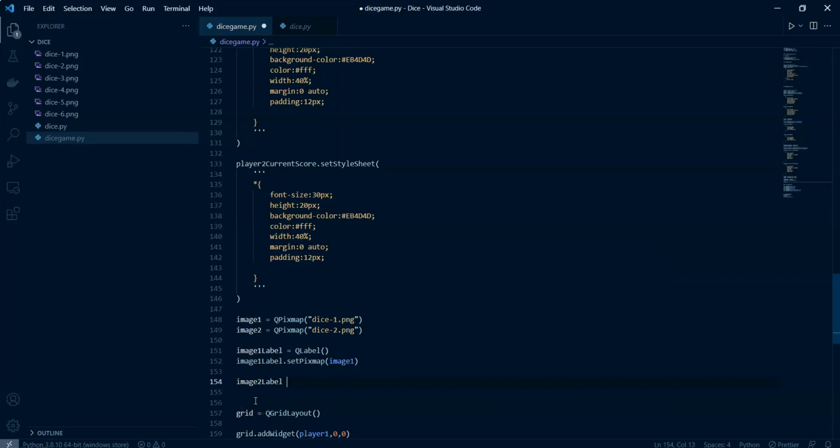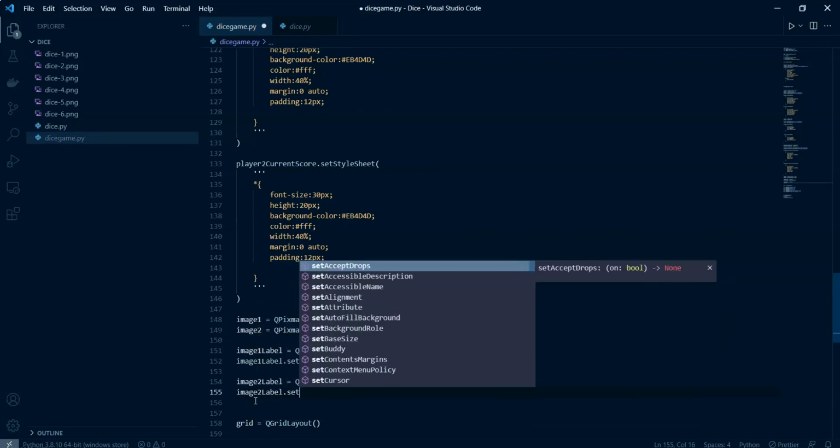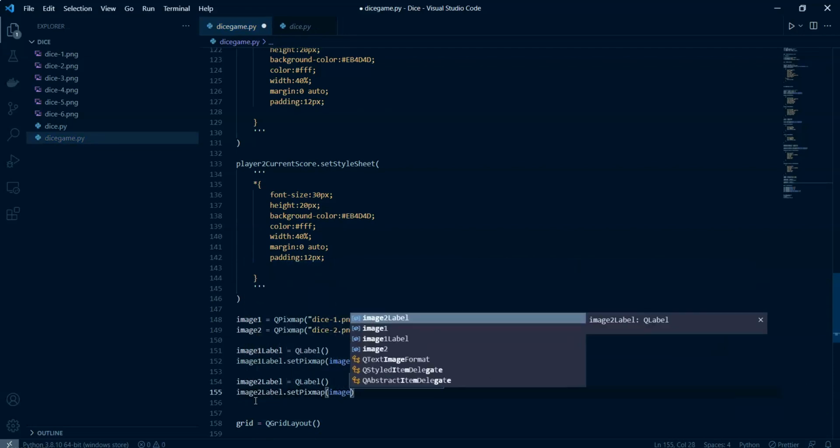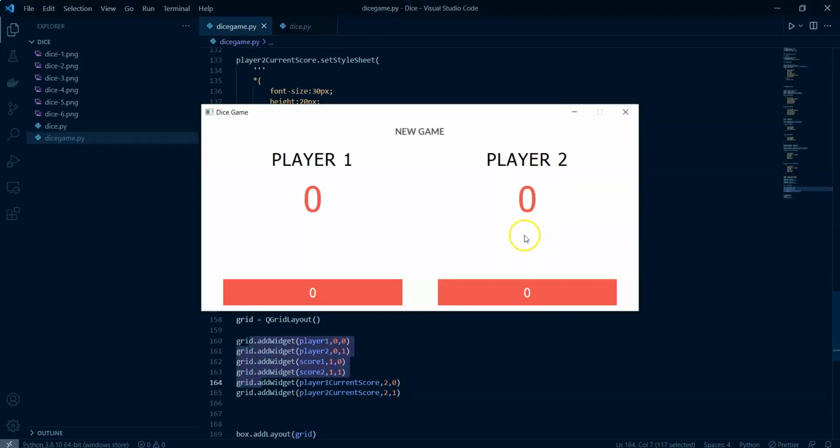So image 2 label will be of QLabel type, and we're going to add to it: image 2 label dot setPixmap, with image 2. Alright, so we do have the two images. Now we need to add them to the grid, and the most optimal position for these two dice is at